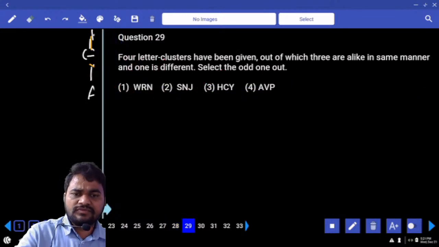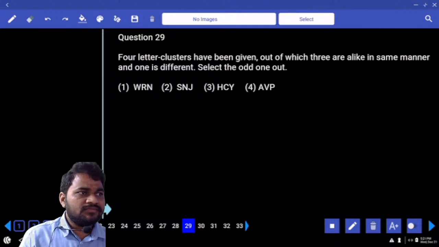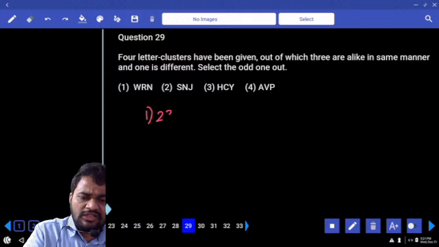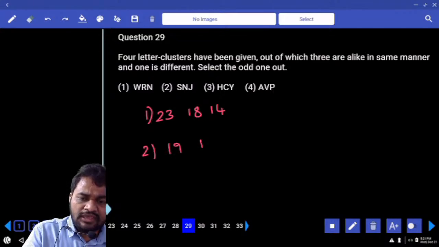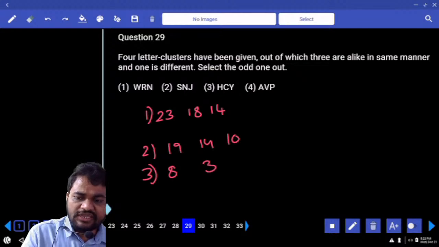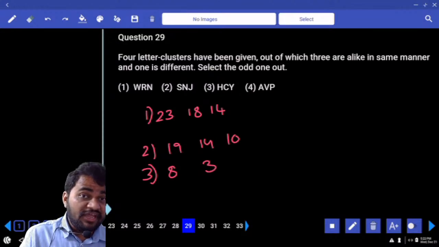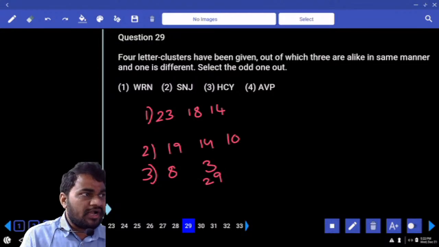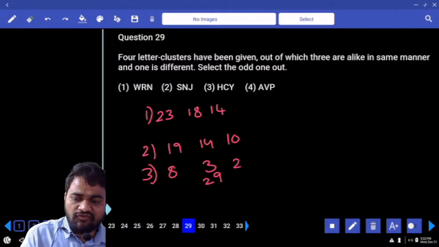Next, odd one out is required. Right, so option 1 says that W is 23, R is 18, N is 14 with respect to numbers. Second option, S is 19, N is 14, J is 10. Third option, H is 8, C is 3. C can be taken as 3. If required, 26 plus 3, 29 can also be considered. Next Y is 25. Next fourth option A is 1,